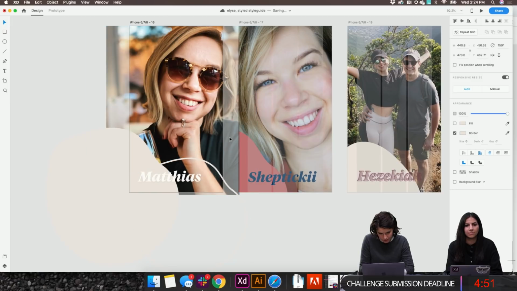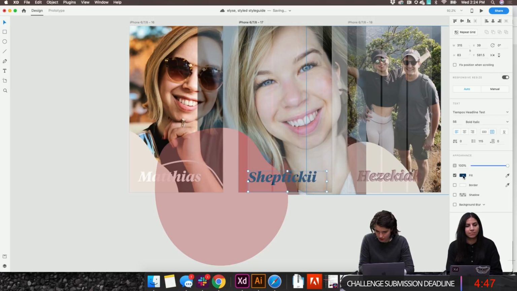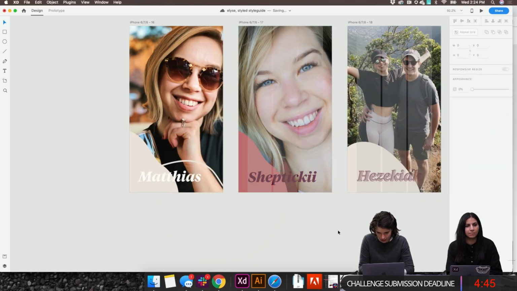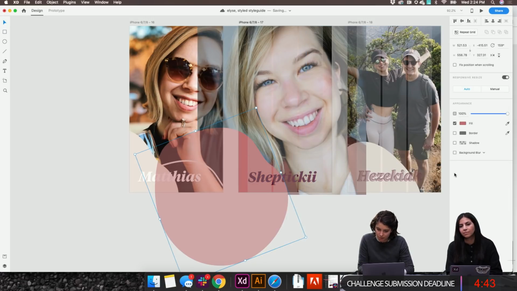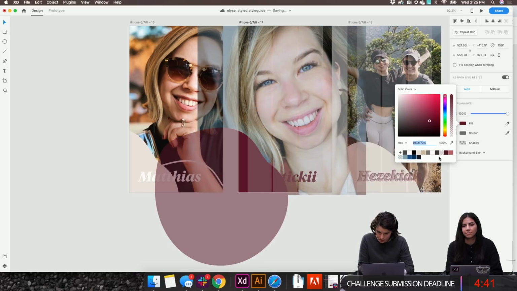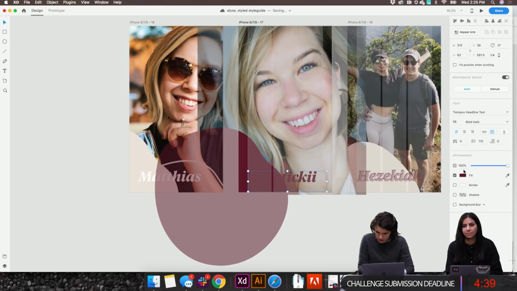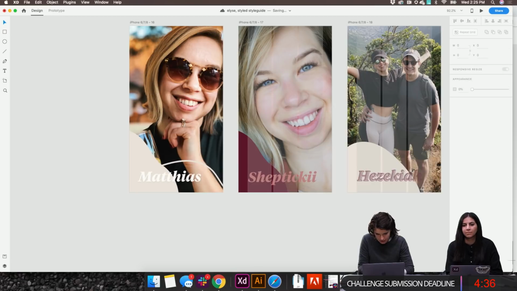Just gonna try to do something like that really quickly, but then also change these to be in an analogous palette. I don't really like that. I want it to be more of this burgundy.